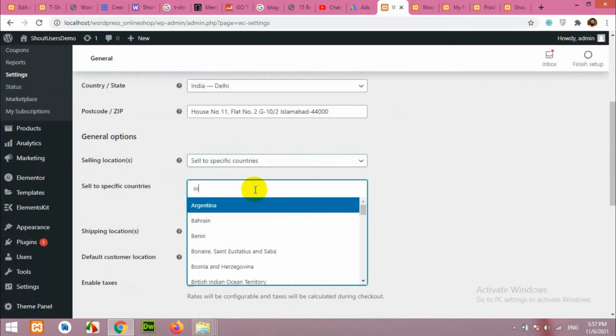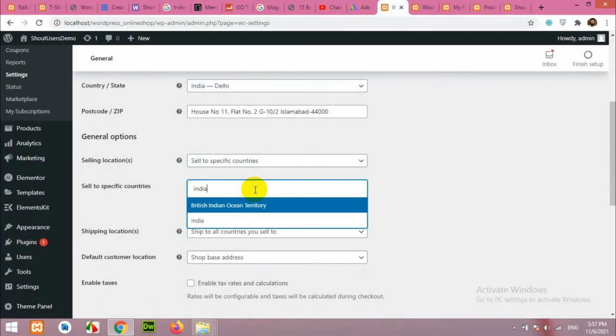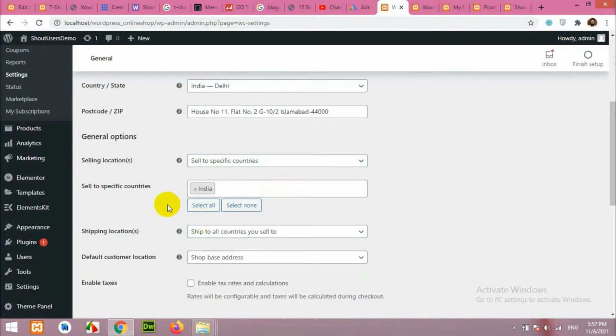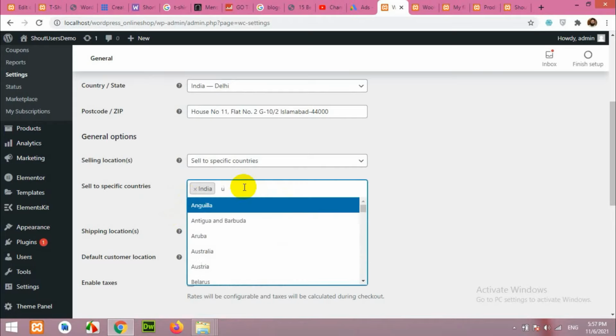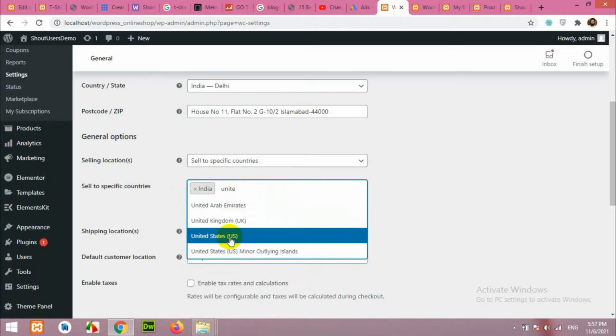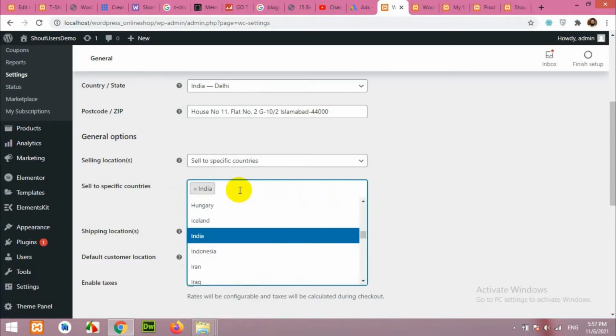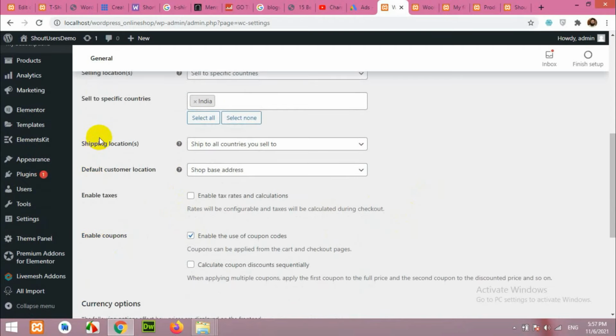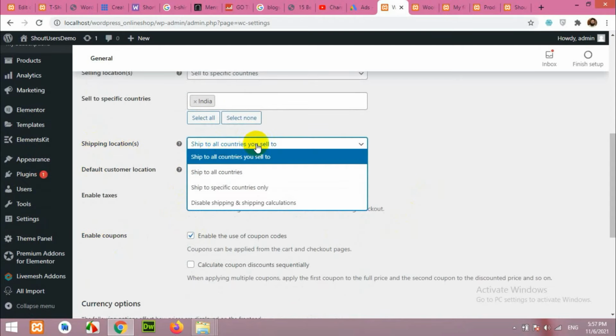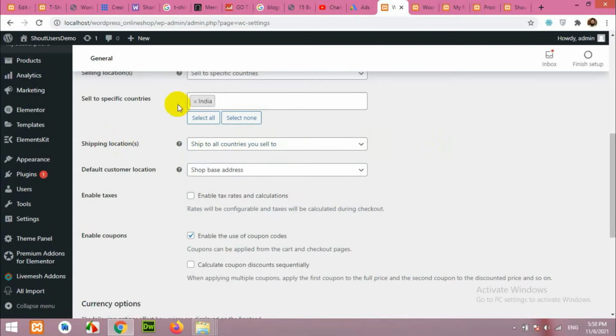So if you start typing here, then you can see the suggestion here. Click on India, or if you are also selling to another country like USA or United States, you can choose it, but I'll stick to India right now. Okay, shipping locations, sell to countries you sell, so you can ship all the countries, and yes, recommended because you chose India, and you can sell it to India, you can ship it to India. Default customer location,